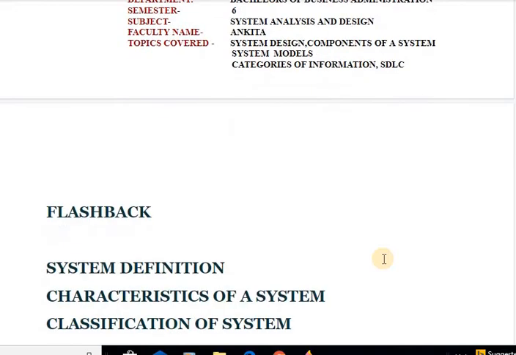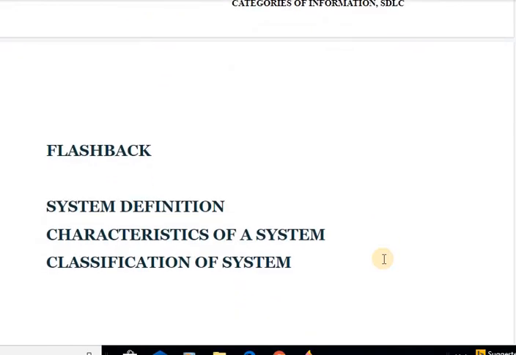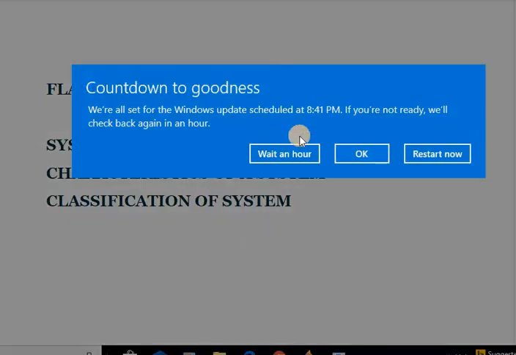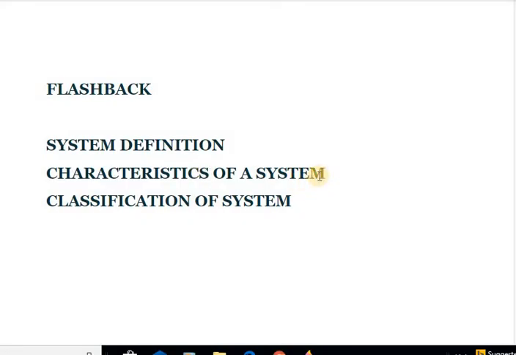So to recall the topics from the previous video or lecture 1, we studied system definition there, characteristics of the system, classification of the system. To recall your concepts, characteristics of a system includes the organization, independence, integration, and the last one is the objective of the system. And classification includes physical or abstract systems, open or closed systems, adaptive or non-adaptive systems, permanent or temporary systems, natural and manufactured system, and so on.